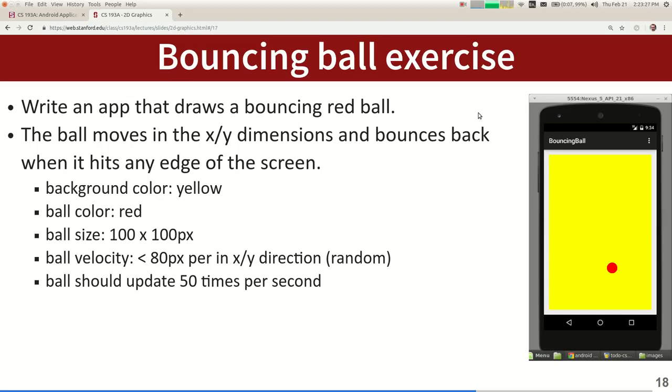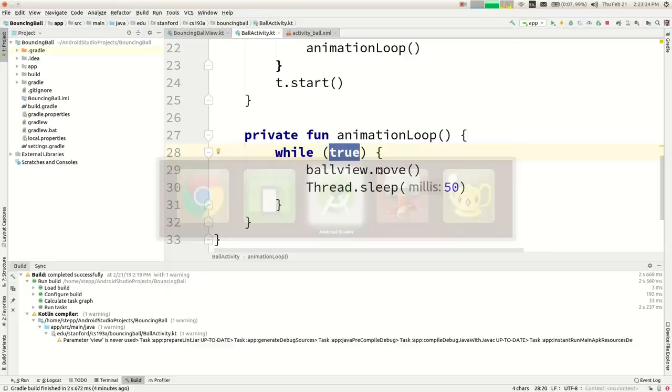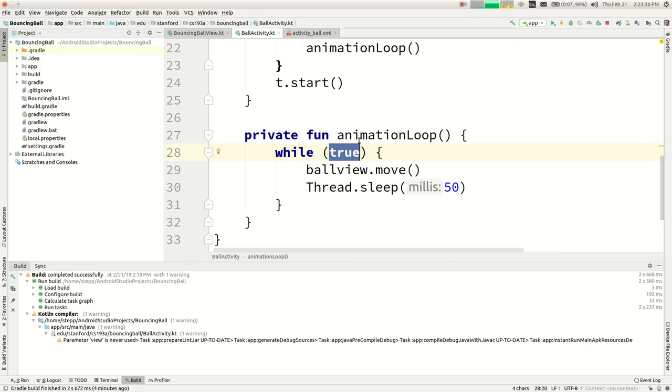Yeah. Change the X or Y direction? Yeah, I've got those variables for a dx, a dy, a change in x, change in y. So basically just if I hit the edge, flip them around, right? So when I do this move thing here on the ball view,